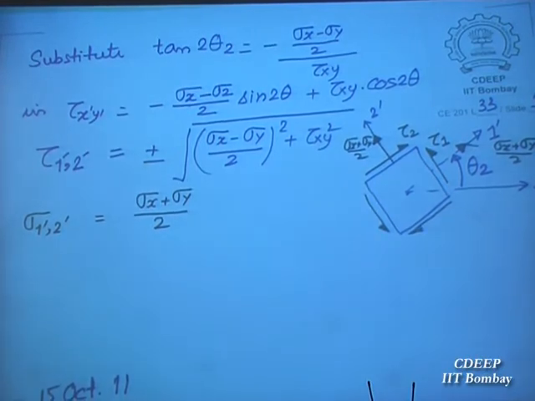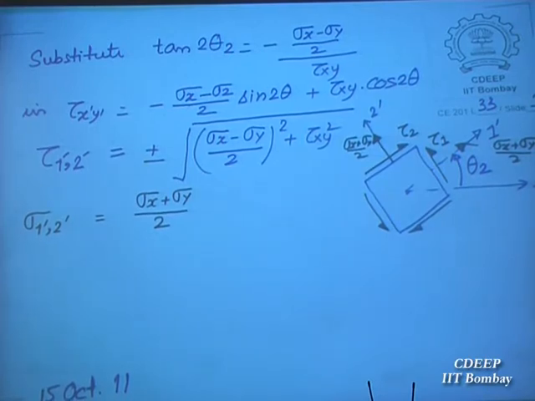At any point you must know the maximum values, not with respect to any arbitrary direction. That is used in design, which you will be using in the next course, when you go for steel design or concrete design. Then okay,